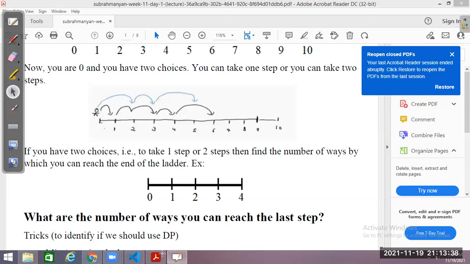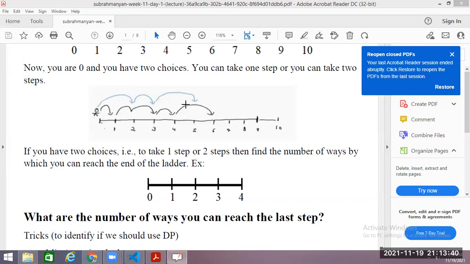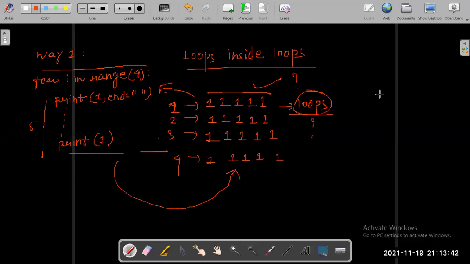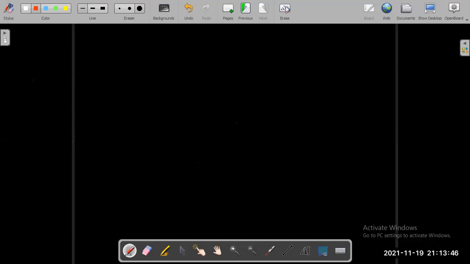So yesterday, how many of you have gone through the Fibonacci case? What happened, man? How many of you have gone through the Fibonacci case? Is my screen visible to everyone?